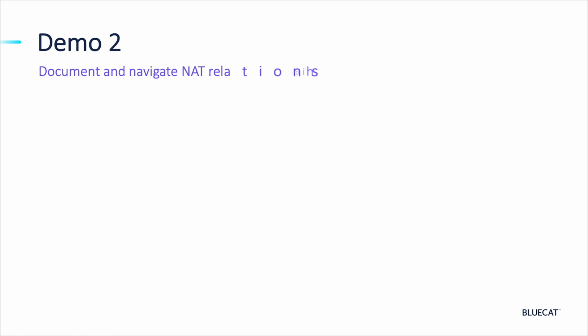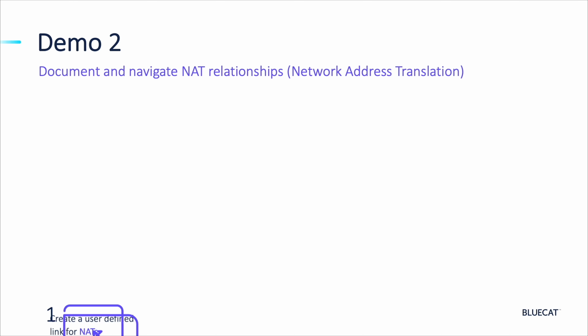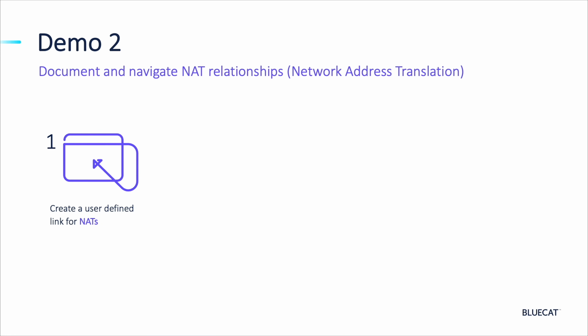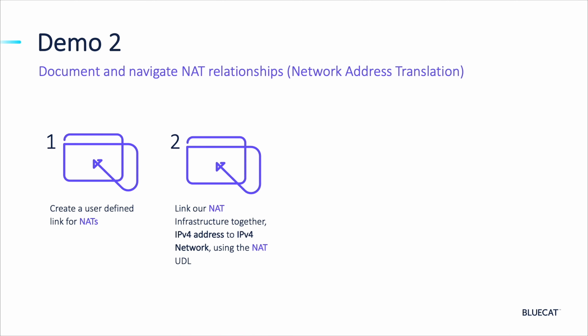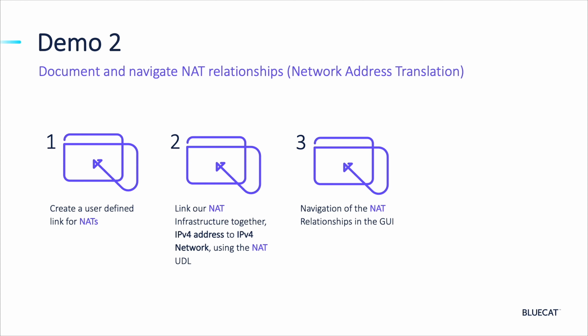In Demo 2, we'll model out another customer use case to document a NAT relationship. There are many types of network address translation, but we'll model a one-to-many NAT. We'll start again by defining a new NAT UDL type between IPv4 addresses and an IPv4 network. We'll link together some integrity objects using our NAT relationship, and then we'll navigate through the IP space to show